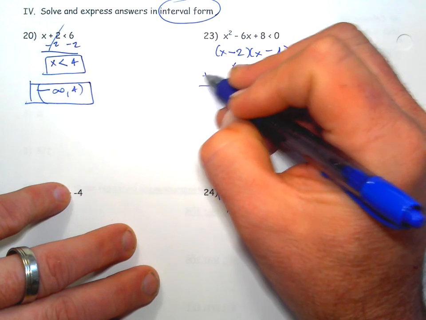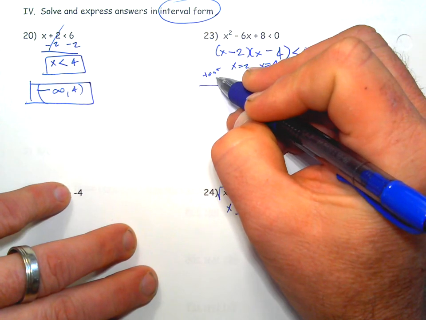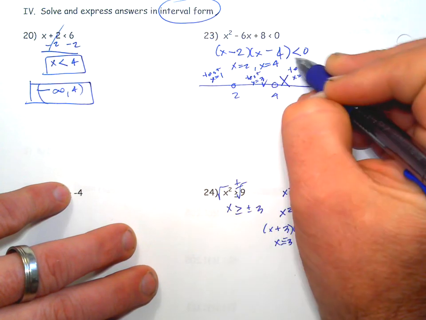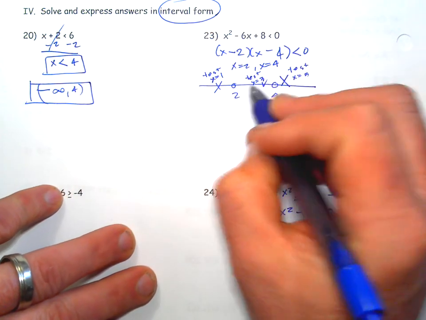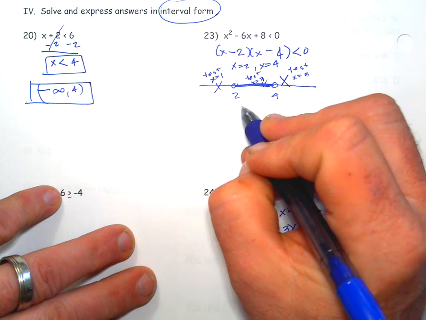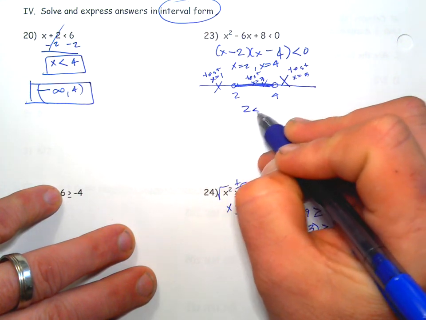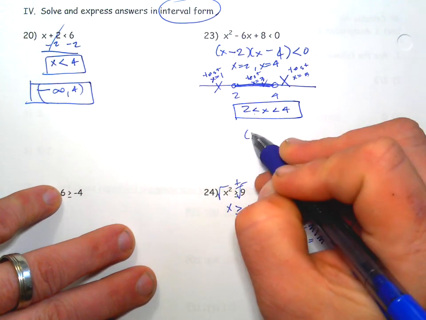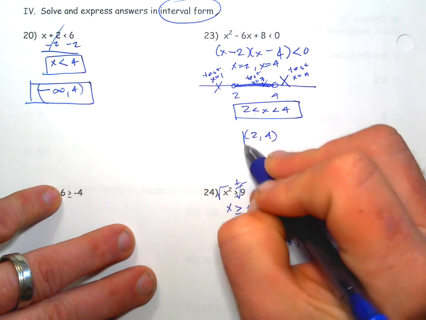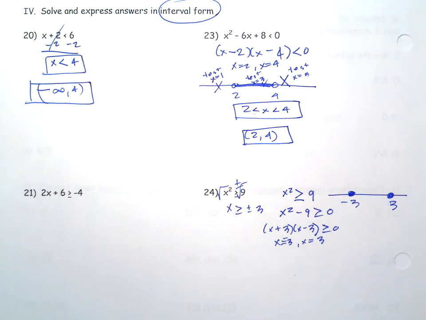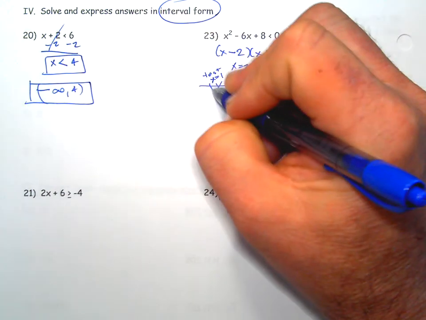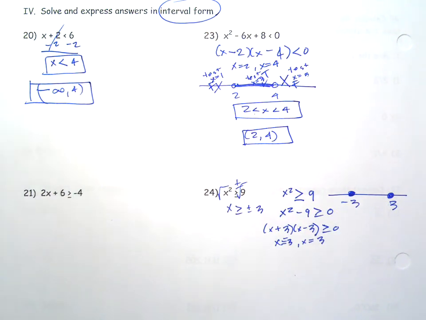And then when you test, say 1, it's going to end up being negative times positive, which is going to be false. And so then this is where your answer is. And this is your final answer. Now, the way you would write this before is you write like that. But the way we're going to start writing it now, interval notation, is like this. Right? So you'd say false, true, false, and then that's how you'd find it. So go ahead and use that method, or